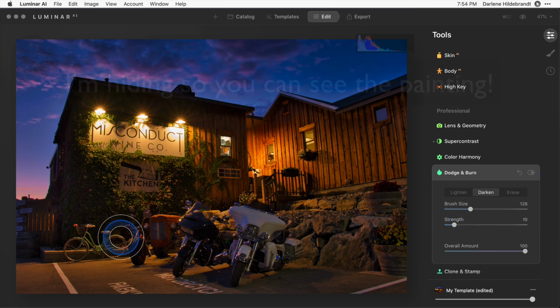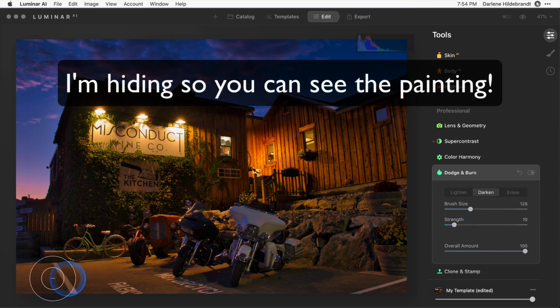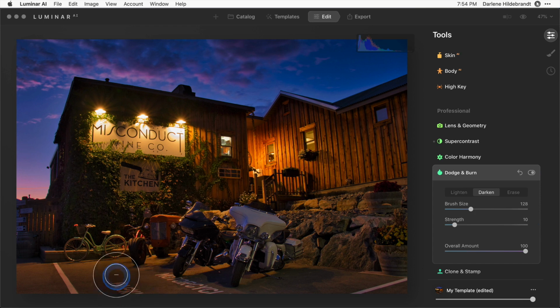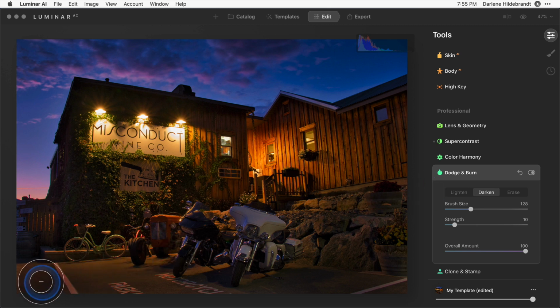I recommend leaving it really low with the dodge and burn tool because it's really easy to overdo it. And just start to paint and do like I said, if you're painting your house, layer it up. Okay, so I want to darken these areas at the bottom here because I want to bring the viewer's attention more into the winery and the motorcycles and less on this parking area. Maybe even these rocks in the background here. So you can literally just paint in where you want the darkness to appear. And just keep going until you're happy with that level.